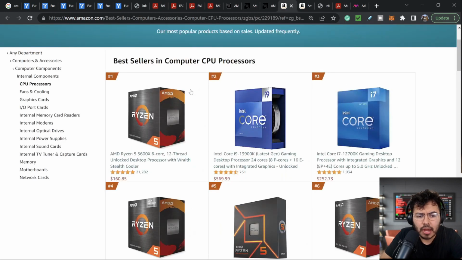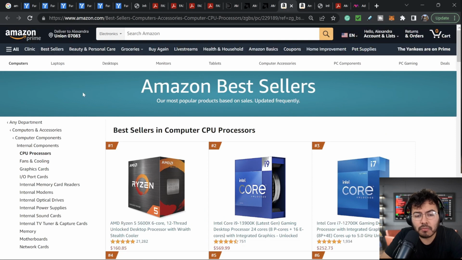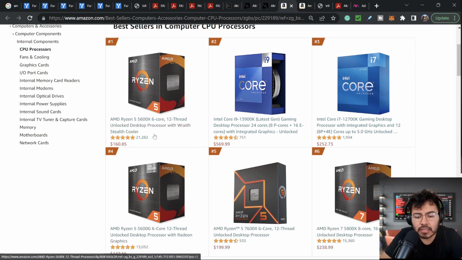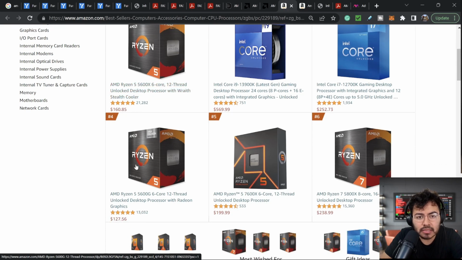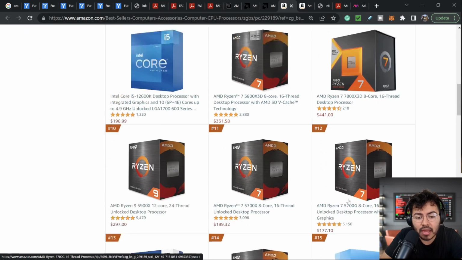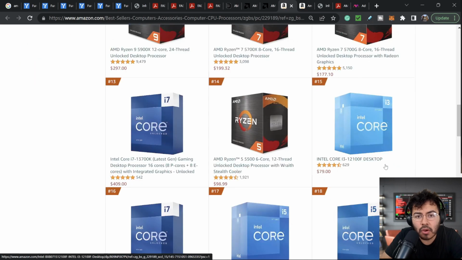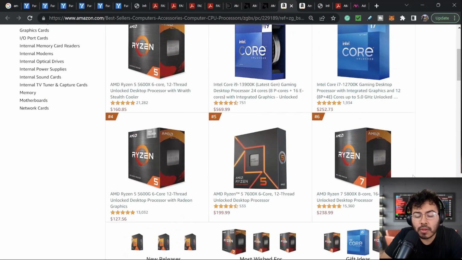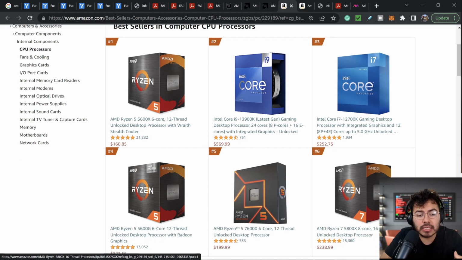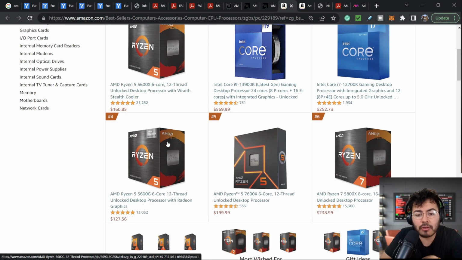What else do we have here? I wanted to take a closer look at AMD and the best sellers on Amazon. We can see AMD is the number one bestseller CPU processor right now, even though it is their previous generation. Numbers 4, 5, and 6 are also AMD. Numbers 8, 9, 10, 11, and 12 are also all AMD products. Unfortunately, right now we are seeing a weakness in the consumer space. Obviously the previous generation is cheaper, and that's why it tends to do a little bit better. But we can see here number 5 is actually their new generation, the 7000 series.